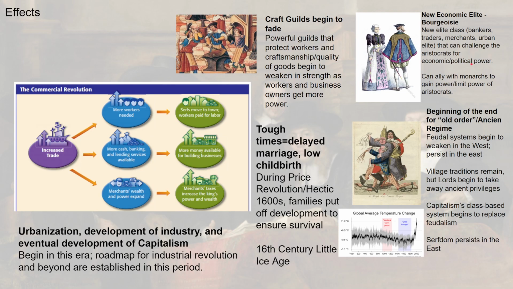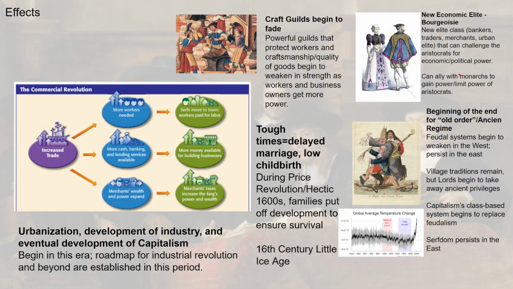These bourgeoisie have more rights than the peasants because they live in cities, and they sometimes have more money as well. They begin to challenge people around them for more power, more influence. We're going to see this bourgeoisie grow and grow and grow throughout this class. And by the time we get to second semester, the bourgeoisie are going to maybe replace the nobility as the second most or sometimes most important political group in Europe. That's in part due to the French Revolution and other things like that.